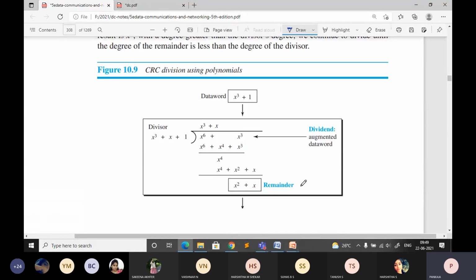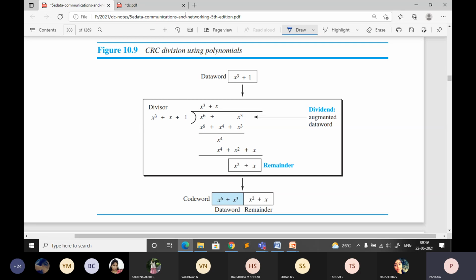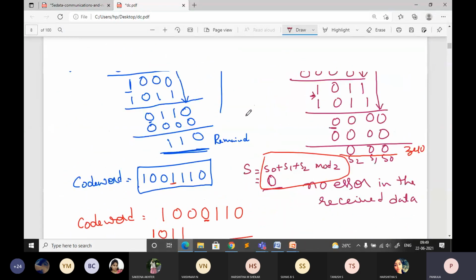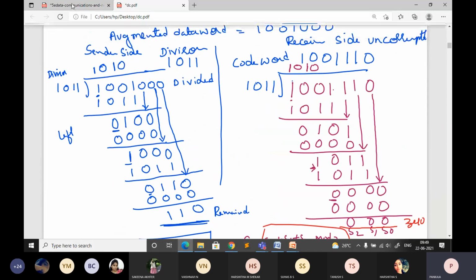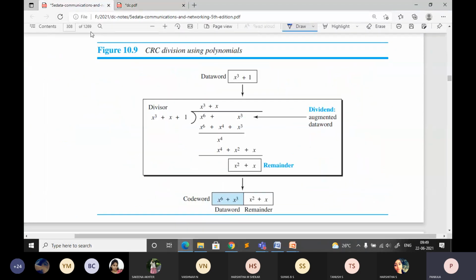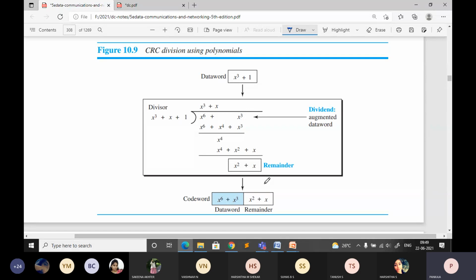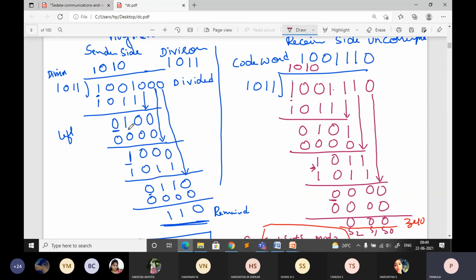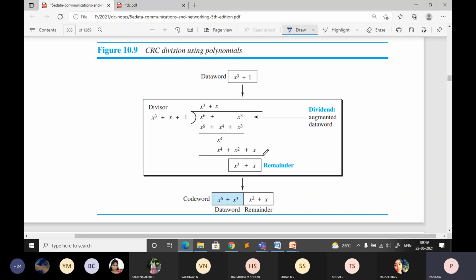Okay, so what is the advantage? Take this and also go to the binary. What is the advantage you can feel from this problem and also this problem? You can just analyze. You have the previous problem, no? Just open that and compare that and this. How many steps has it taken here to perform the division? Consider this is 1, 2, 3, 4. So here it is reduced to 2.